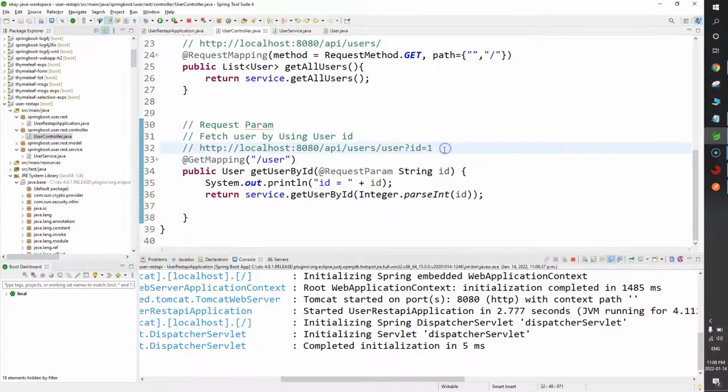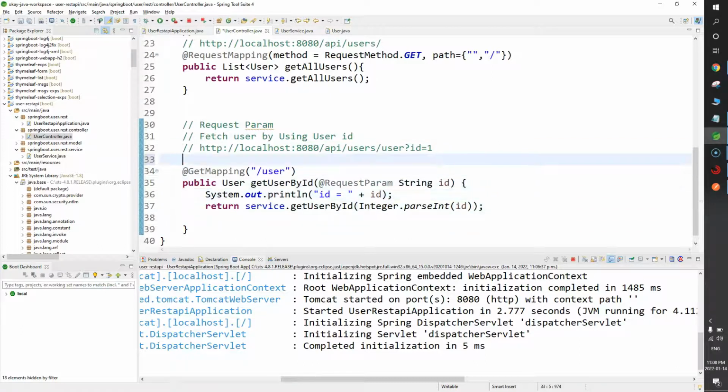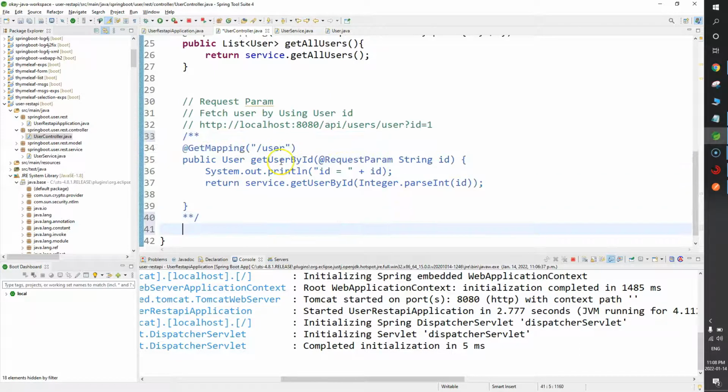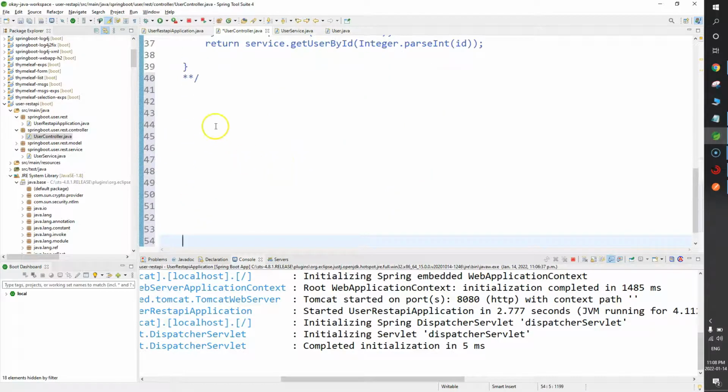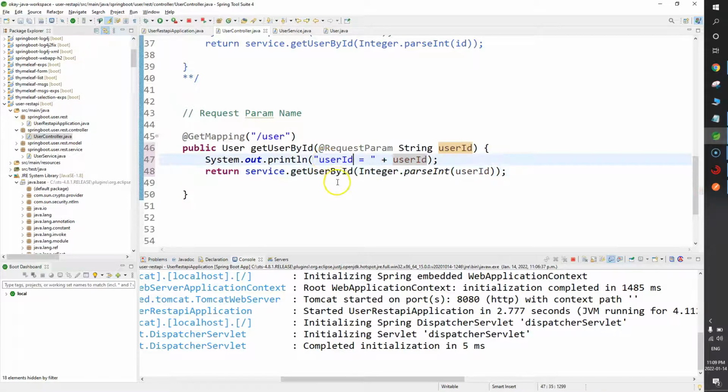So guys, what I will do, I will simply copy the same function and comment out this portion for now. Okay, so I'll just paste this one here. So guys, here we are talking about request param name. Say I want to use user ID in our code. Okay, let's see the behavior first, how it behaves. ID, and here also I'll pass ID, here also I'll change it to ID. Okay,